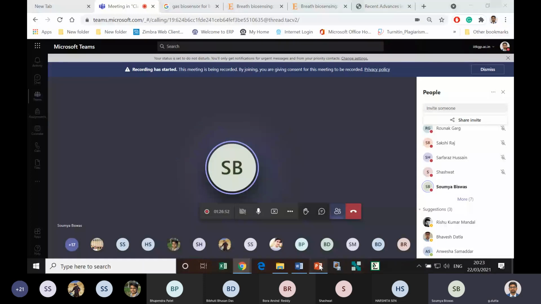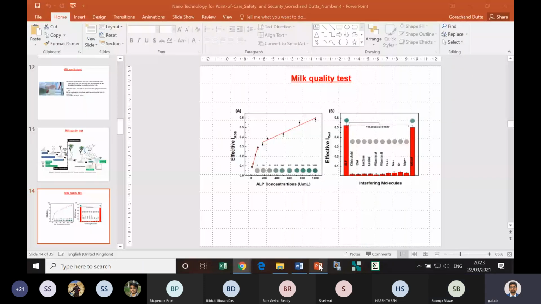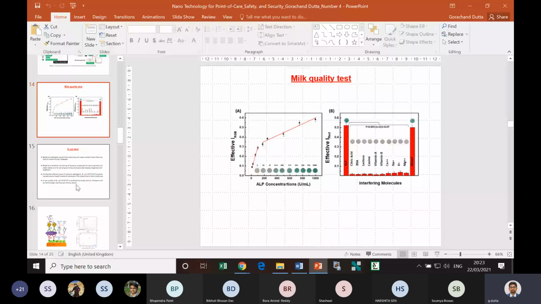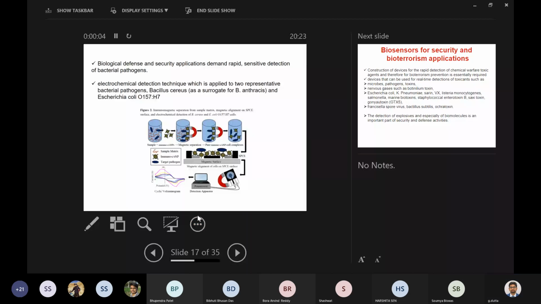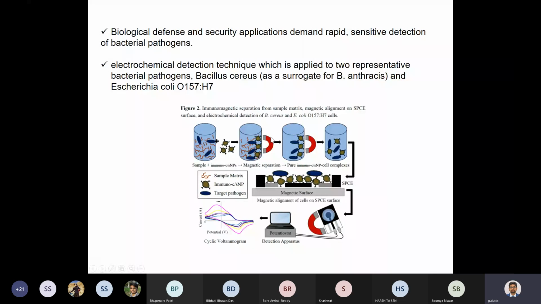Okay. So this is another technology. Let's see another technology. This is the magnet. We can use the magnet for biosensor development. See how we can use it. This is called the magnetic